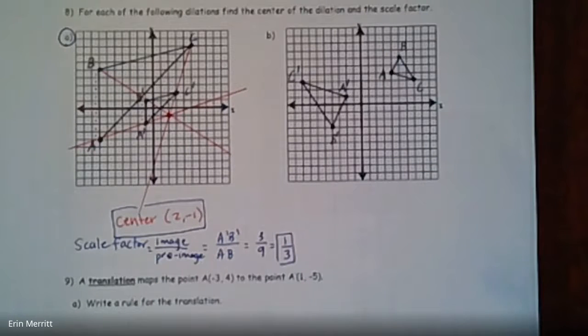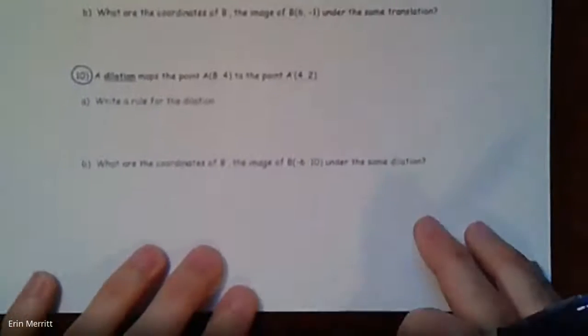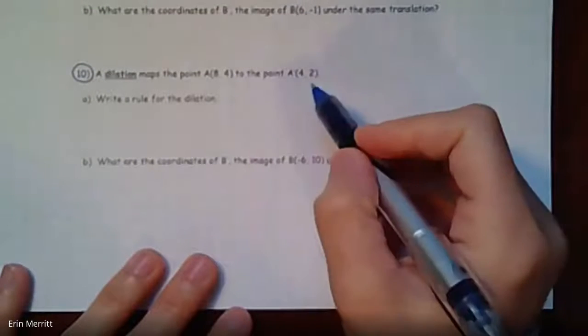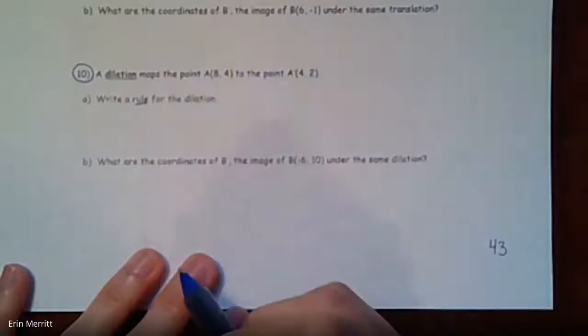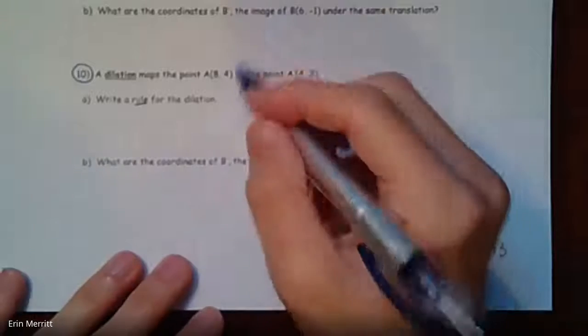The next one's actually on this page. Slide on down to number 10. Number 10 says we have a dilation that maps point A to A prime. Write the rule for the dilation. And then what are the coordinates if you apply it to the second part? So here,